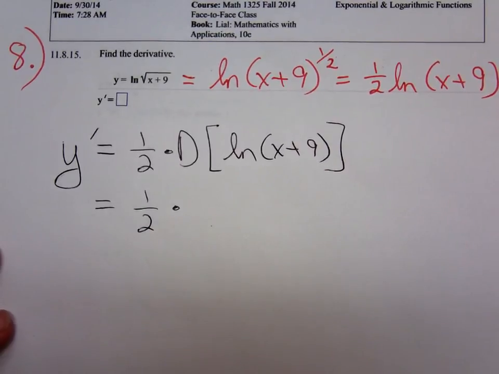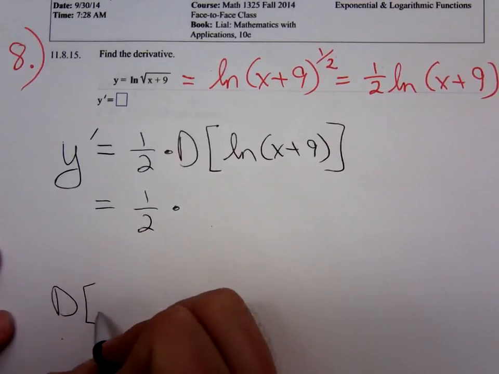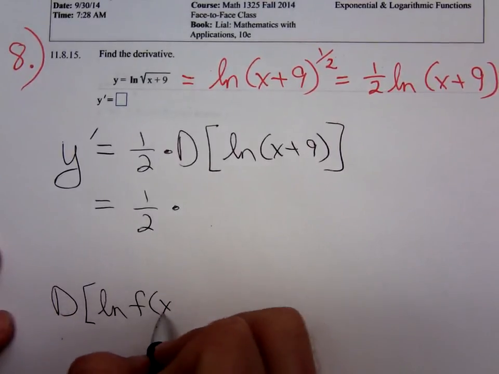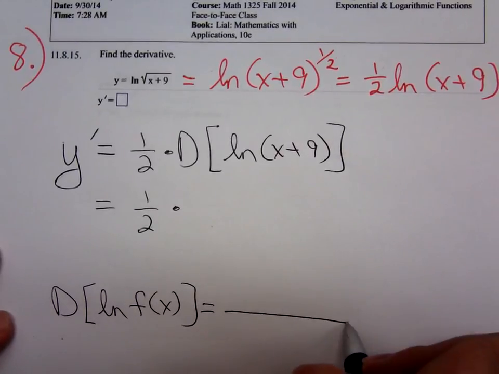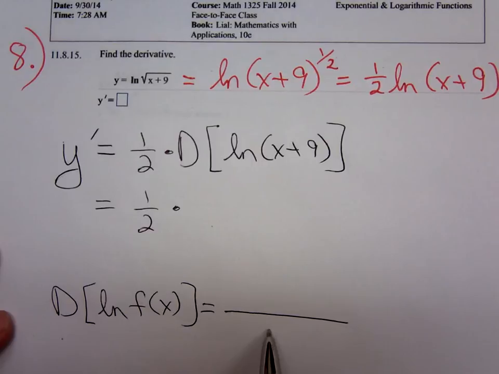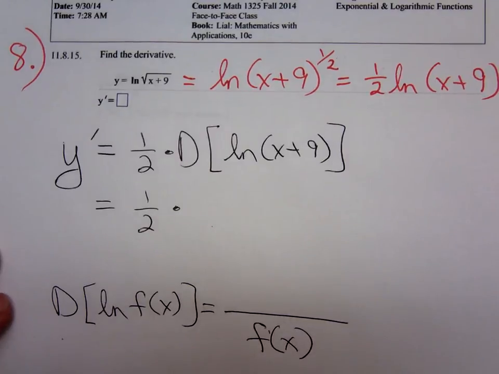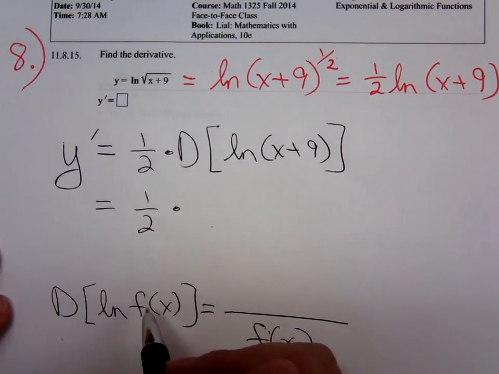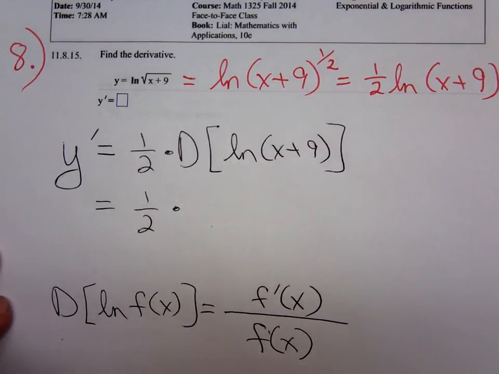Remember, I'd said that to differentiate the natural log of a function of x, our derivative rule, it's going to be a fraction. What goes on the bottom? f of x. The original argument goes on bottom. What goes on top? The derivative of that argument, f prime of x. So, using that,